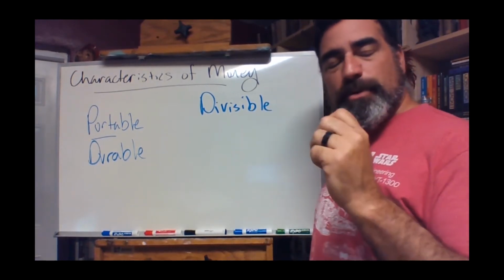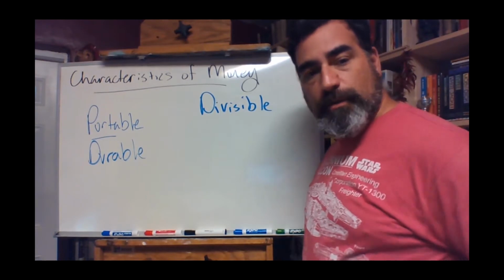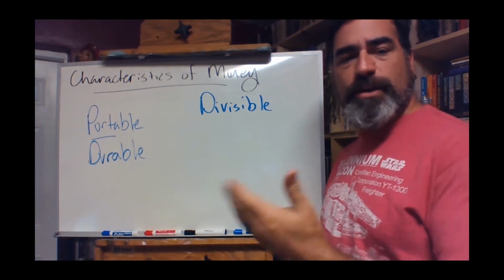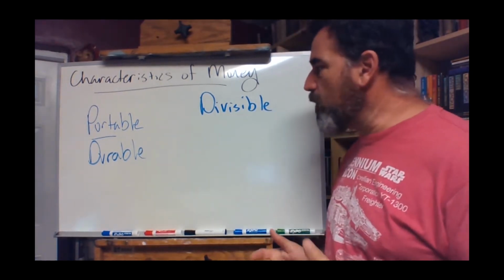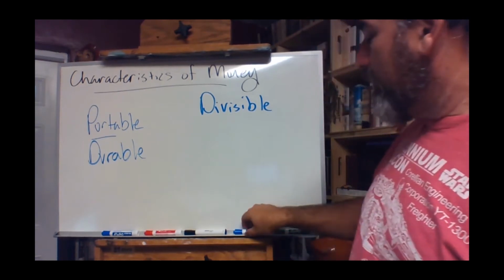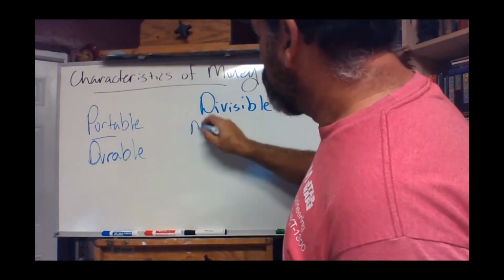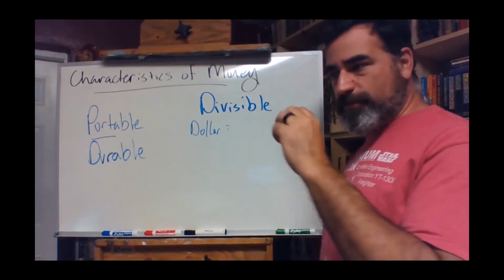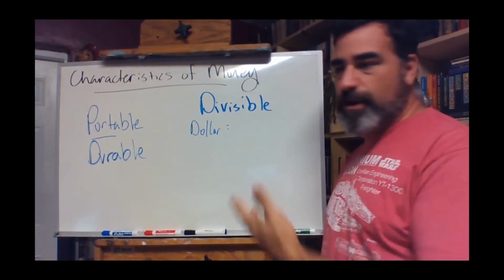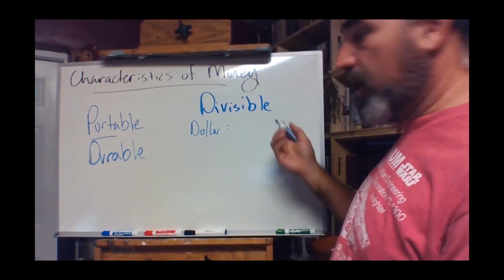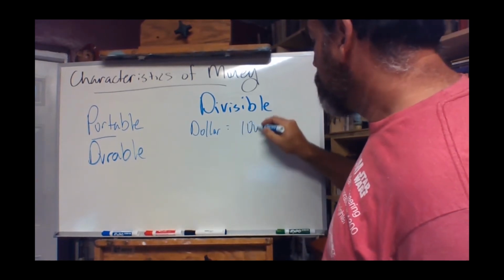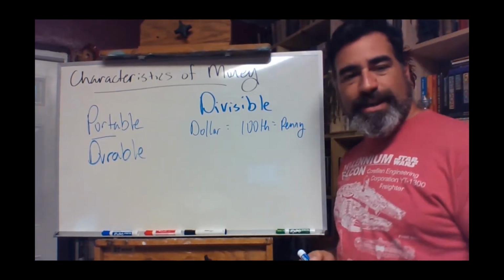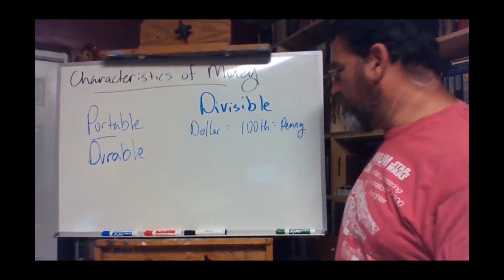And then if you had two pieces of 8, you had 2 bits. Well, that would be a quarter. And even to this day, some of our older folks still refer to a quarter as being 2 bits, right? Either way, the dollar, of course, is divisible too. Now, what you do is you have coins that represent certain divisions of the currency. In this case, of course, you know that a dollar can be divided up into 100ths, right? And this 100th is equal to a penny, or a cent is the more technical term.